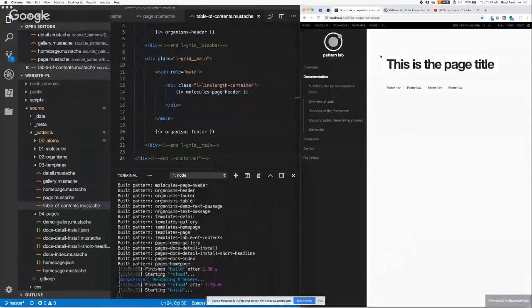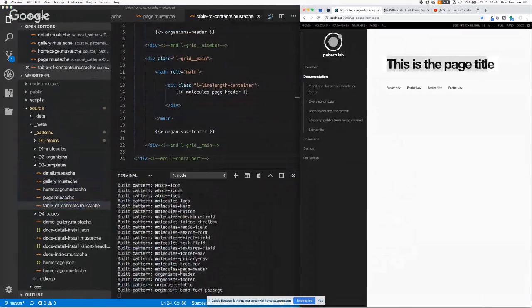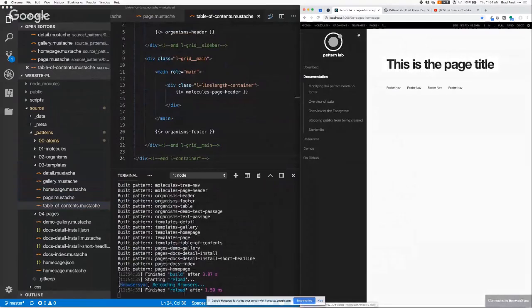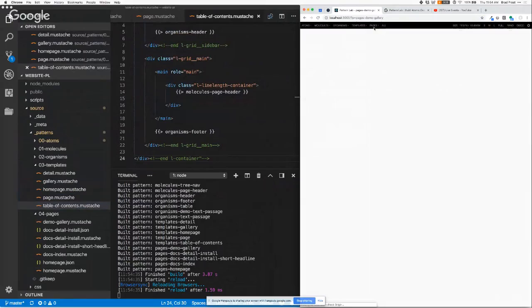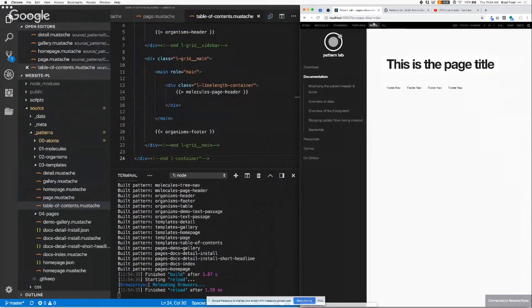Okay, so this feels better. So here's our home page. If I click into the demos page and detail pages and the index page, you can see these are stubbed out and working